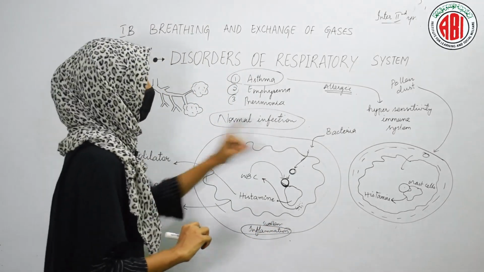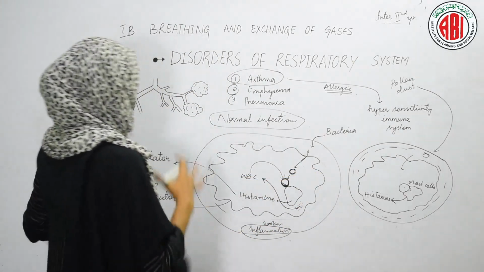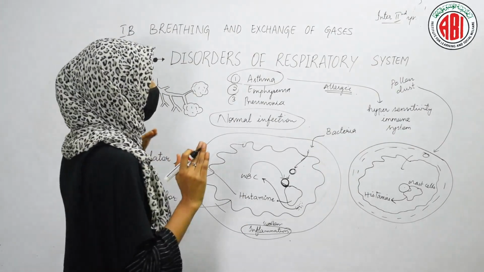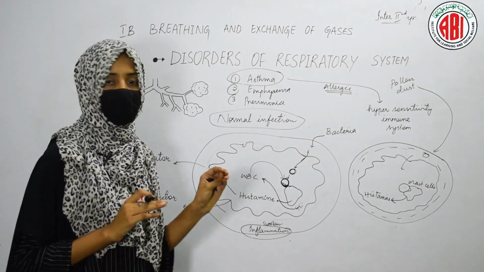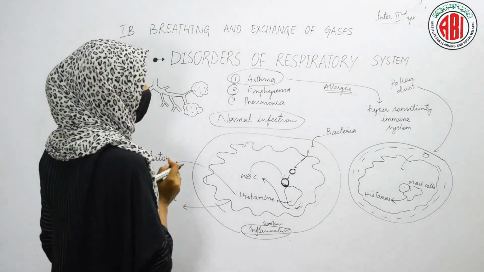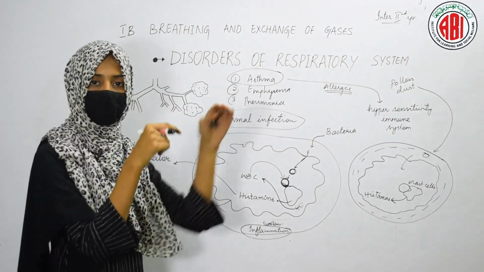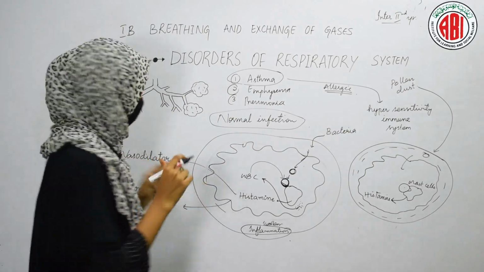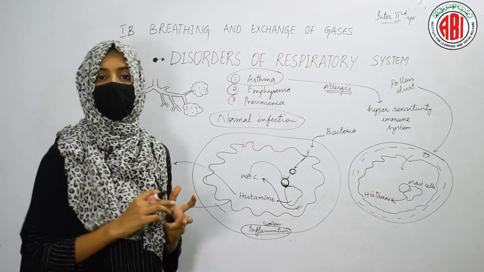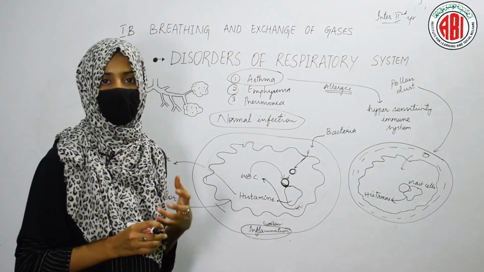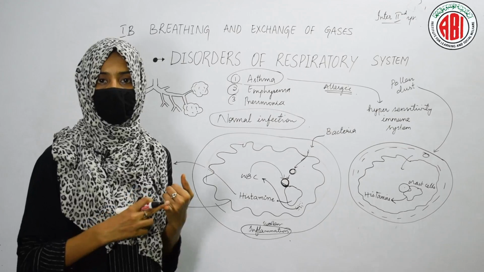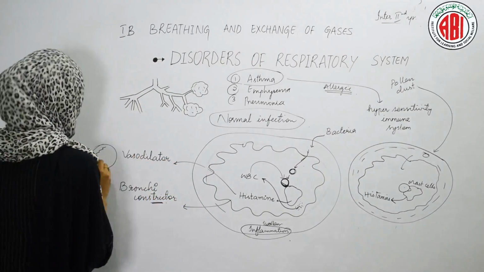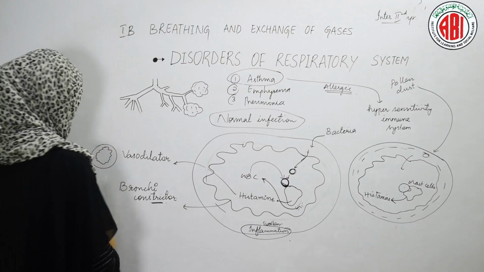Now what happens? The wall of the trachea and the bronchi swell. As soon as the inflammation of the tracheal wall and bronchial wall takes place, the inner linings, the airways through which the air can enter into the alveoli of our lungs, become constricted. The air space of the trachea and the bronchi decreases. Vasodilator means a release of fluid takes place like this, right?